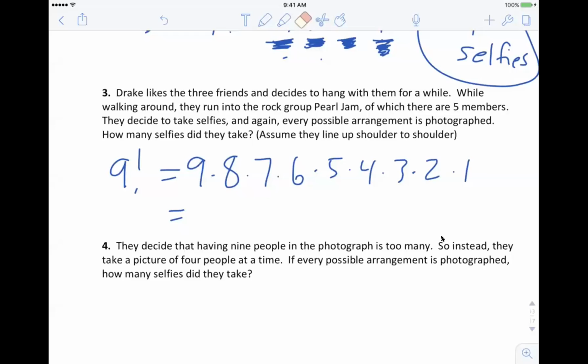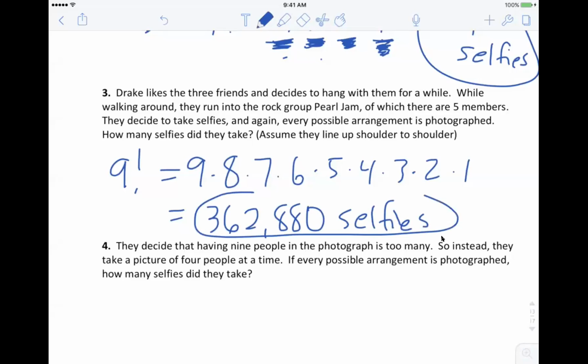So if you calculate it, then you should get 362,880 selfies. Okay, you're going to run out of room on your phone on that one. All right,